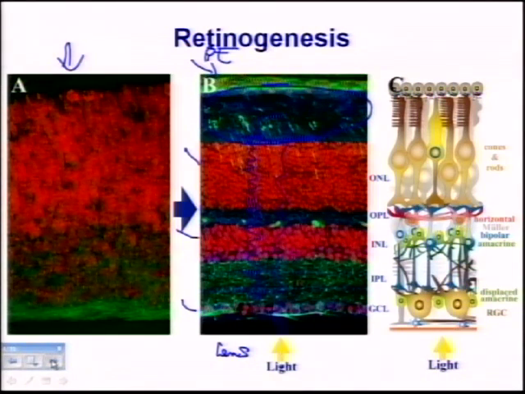So this top layer are the photoreceptor cells, the rods and the cones. The middle layer, the internuclear layer, are intermediate neurons. And these neurons, which we're not going to talk much about their function or their development, these intermediate neurons receive the signal from the photoreceptor cells. So the photoreceptor cells capture the light, turn it into an electrical signal, and send it to the internuclear layer neurons. And those internuclear layer neurons process the signal in all different ways: color, motion, shades, every way you can think of, depth.